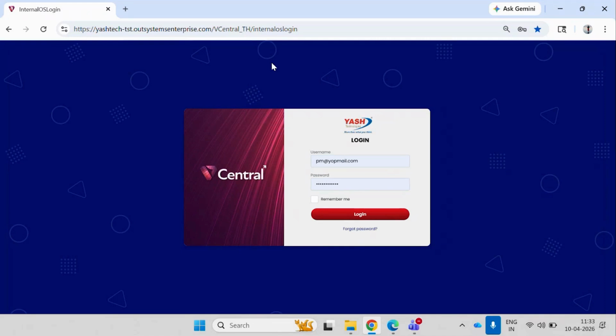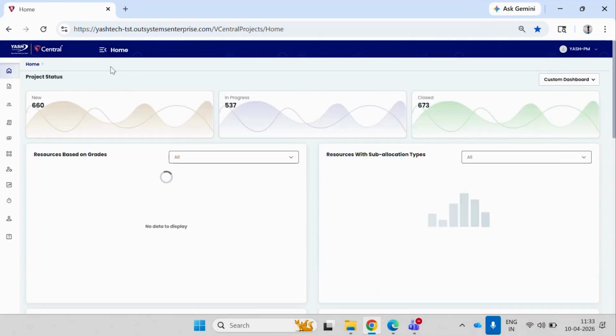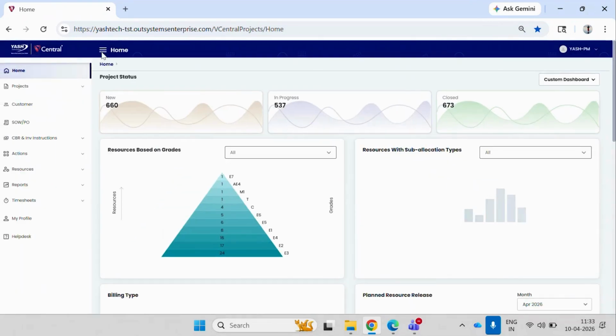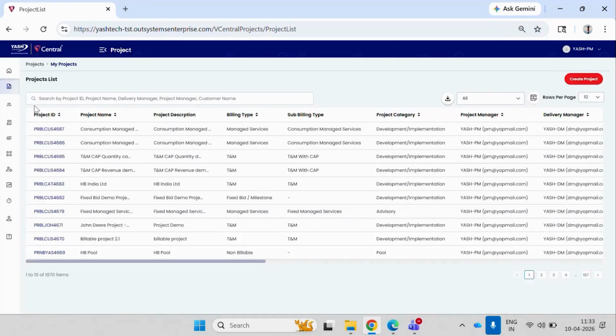The PM is the one who is responsible for generating the CBR. So let us log in with the project manager. We are logged in with the project manager. Let's click on the left-hand navigation panel, then click on projects and then my projects. We have already created a billable project with the billing type as T&M. I'll just open the project